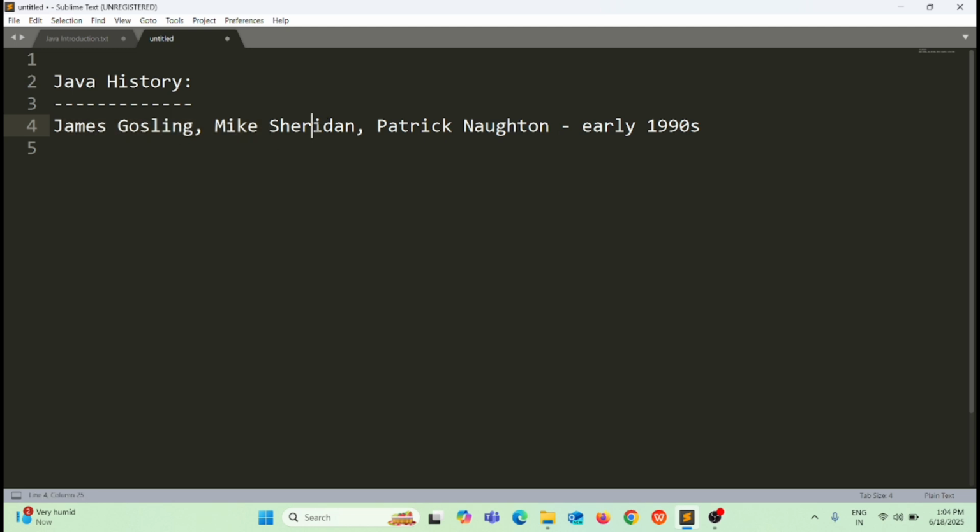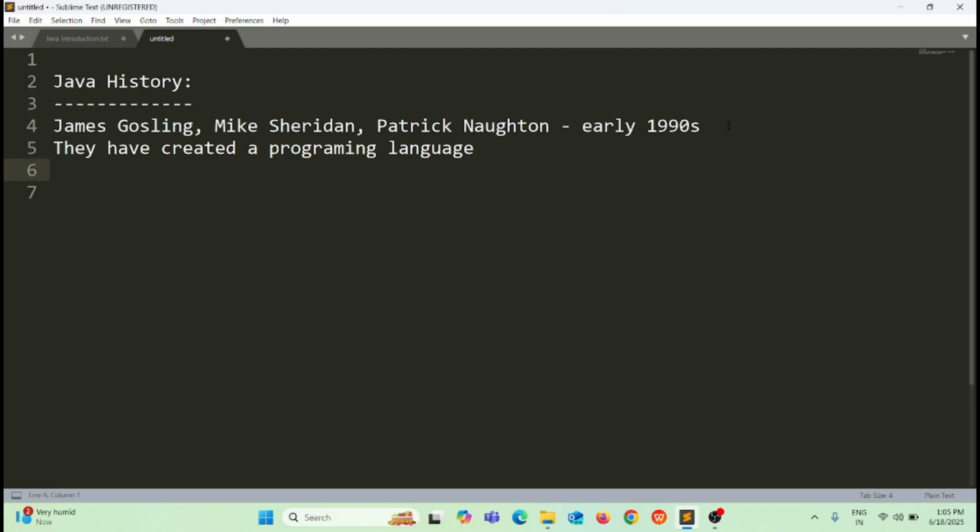James Gosling, Mike Sheridan, and Patrick Naughton created a programming language in the 1990s. What is the name of that programming language? Now, what is the purpose of that programming language?